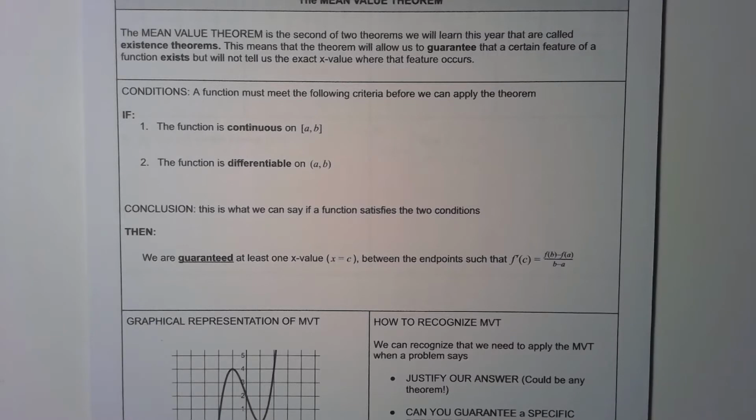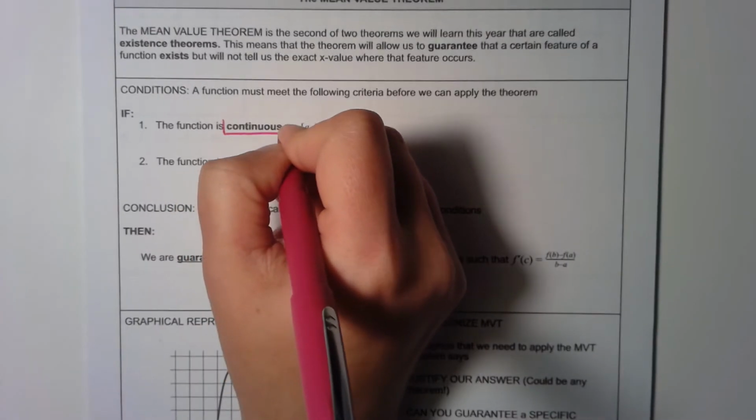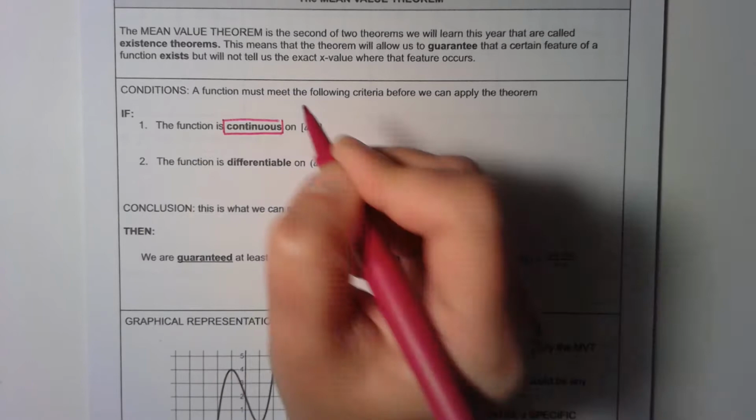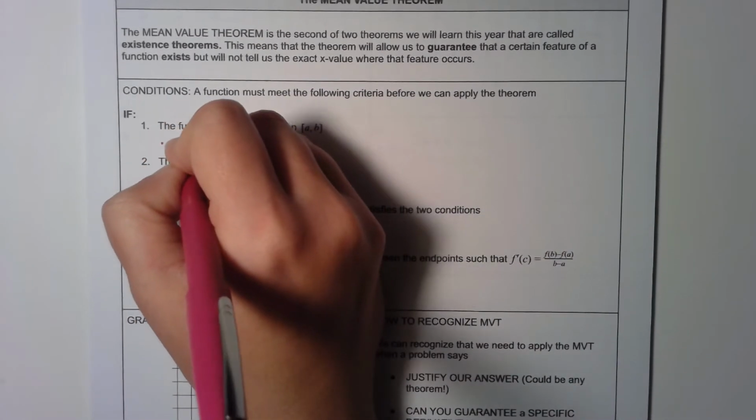If the function is continuous on the interval from a to b, and the function is differentiable on the interval from a to b. Now, let's just start by examining those two conditions before we look at the conclusion. So what does it mean for a function to be continuous? Let's start with that. As a reminder, a function is continuous if there are no jumps,